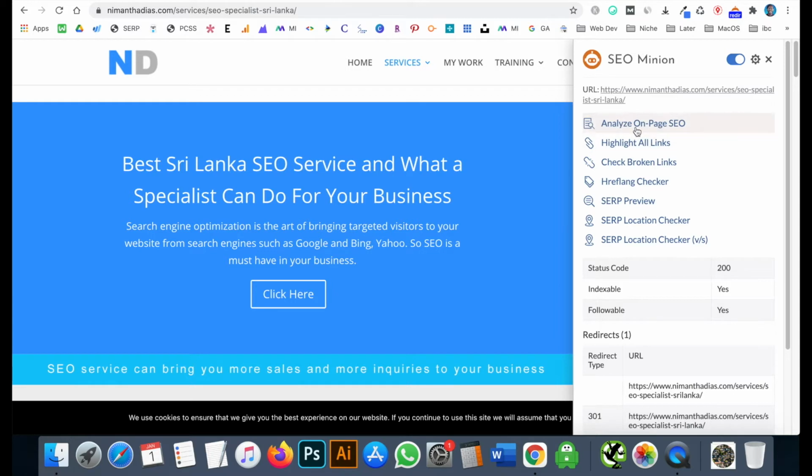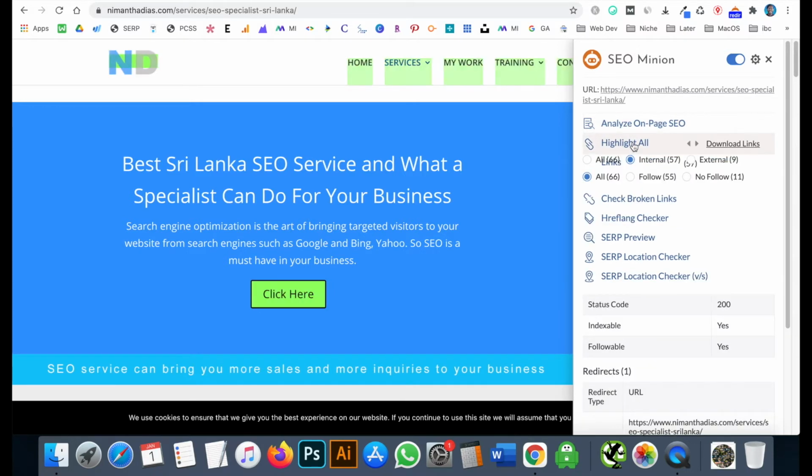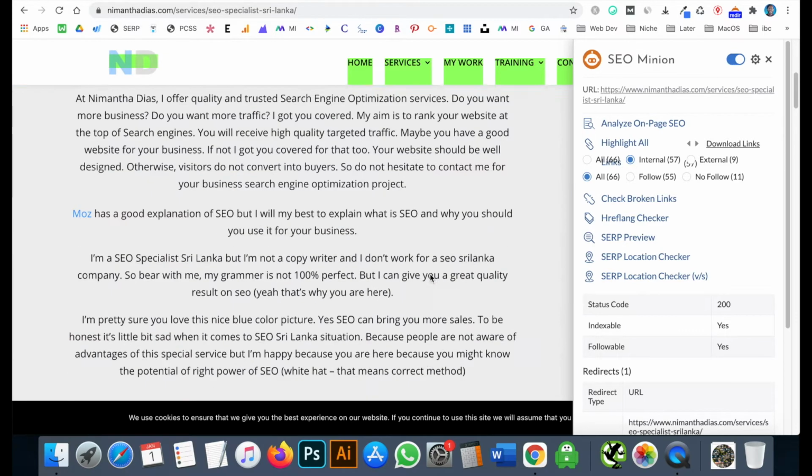It's kind of the main option, because that's the analyze on-page SEO, right? So highlight all links: you can see what kind of links your competitor has. The SEO Minion extension has this feature as well, so you can see what the internal links are.